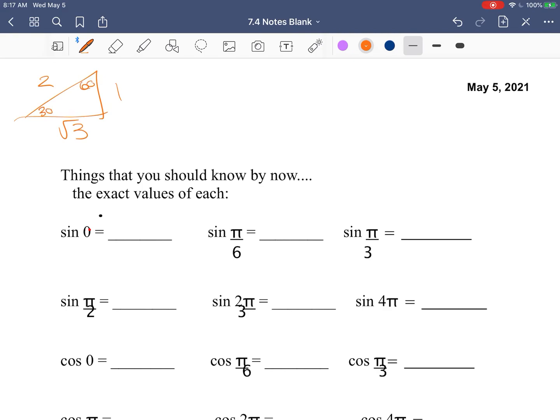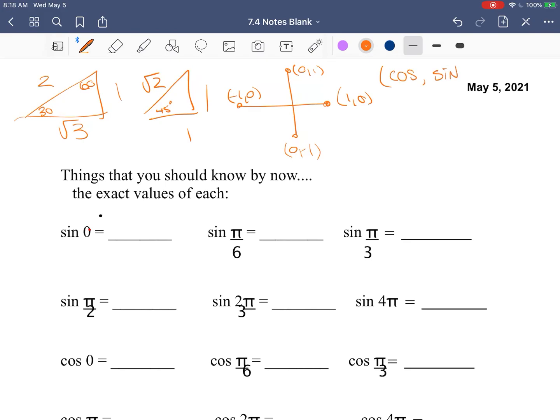So this is 30, 60. We've also got our 1, 1, root 2, and that's our 45-degree triangle. Within that, we also have our quadrants, where this is (1, 0), (0, 1), (-1, 0), and (0, -1). Remembering that our points also come as cos and sine. That's our x, that's our y, which in turn comes from,